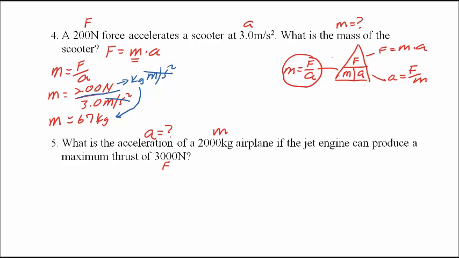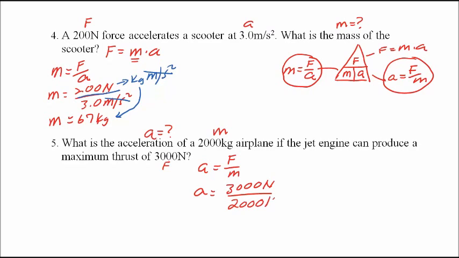Well, if we go back up here to this magic triangle, acceleration is equal to force divided by mass. Right there. Acceleration is equal to force divided by mass. So I can set this problem up. Acceleration is equal to force divided by mass. Next step, plug in the numbers. Plug in the units of measurement. Force, which is 3,000 newtons, divided by the mass, 2,000 kilograms, is going to give me an acceleration of, how about 1.5